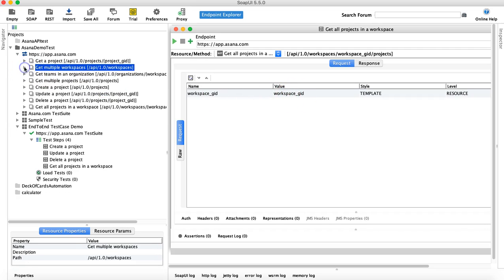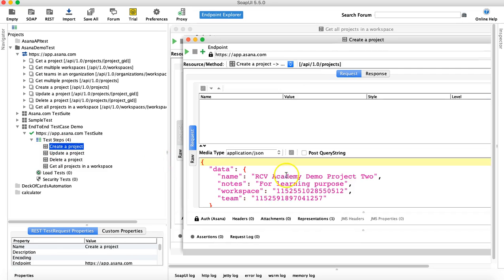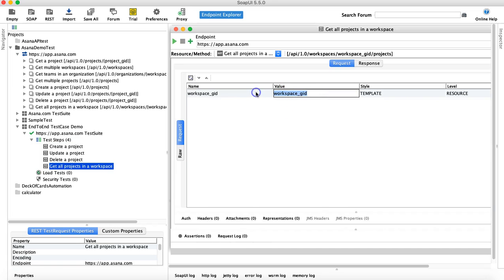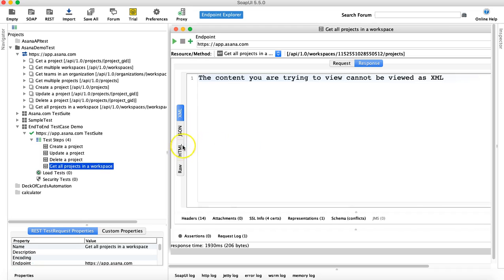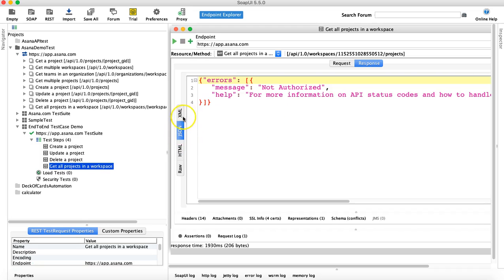For this particular test case, what I'll do is I'll hard code this value, and then I'll explain it in another tutorial just to keep this one as simple. So I'll pick this workspace ID that I have in this particular request and provide this in the workspace GID. All right, and now if I run this particular request, it will return me all the projects that are so